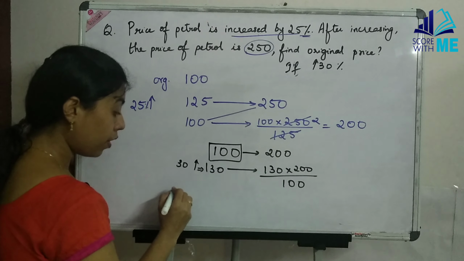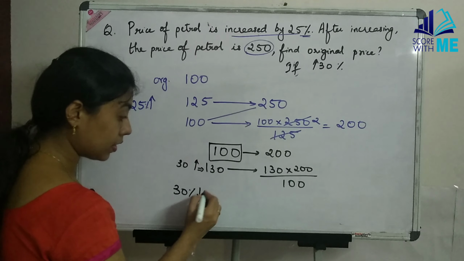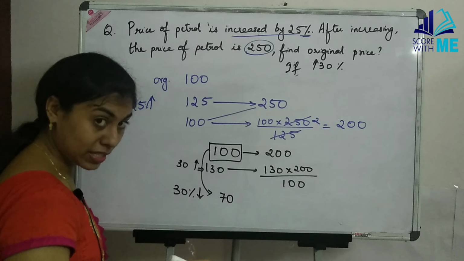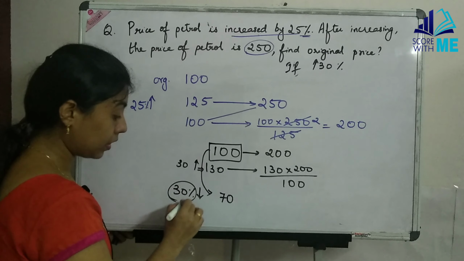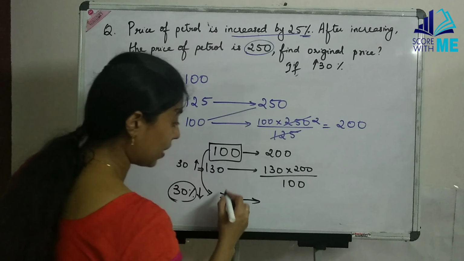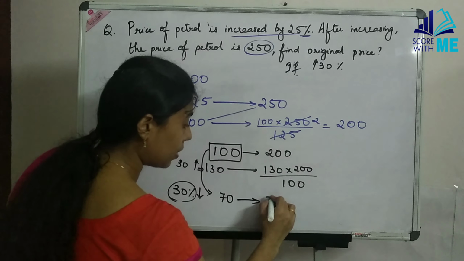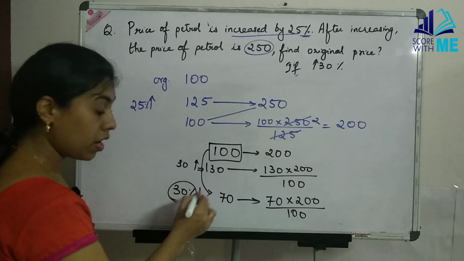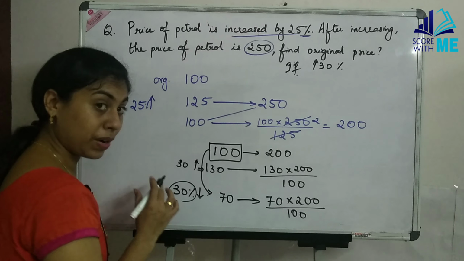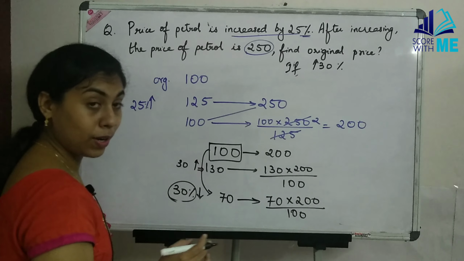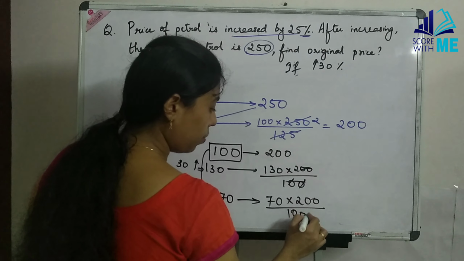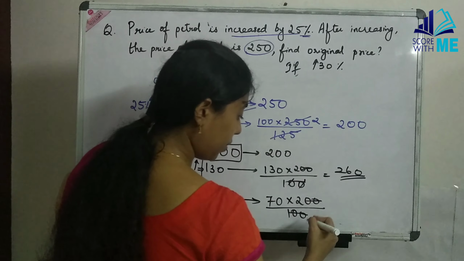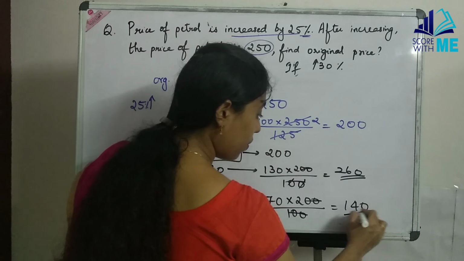That's all. And if we have got a 30% decrease, the decrease will be again on 100. Decrease means now the price has decreased by 70, 100 minus 30%. So then you need to find 70. So here also you will have the same cross multiplication: 70 into 200 by 100. This will be your price value decreased by 30%, and the increased-by-30% value will be the other. Okay, so simply it is just 2. So here your value is going to be 260 rupees. If it is decreased, then the value is going to be 140 rupees.